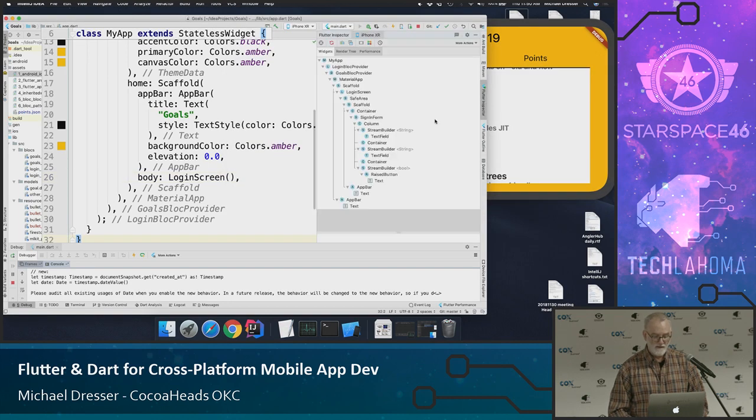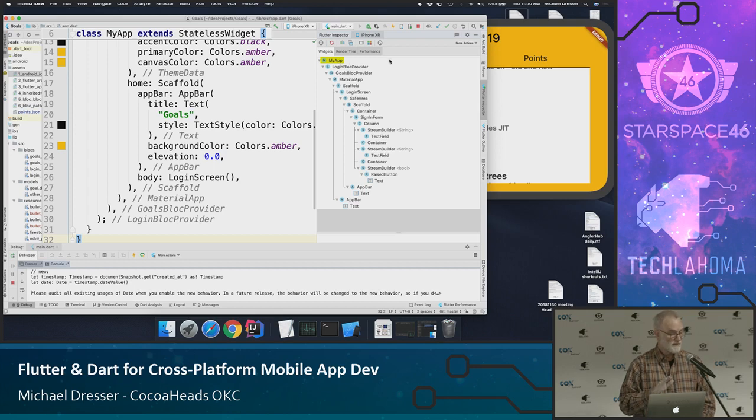Now in Flutter, everything is a widget. And you probably can't see the names of these things over here, but this is the widget tree as looked at by the debugger. Even the app itself is a widget. Now what that means is, unless you're a leaf in the tree, you're a node, then you have a child, and obviously a parent that has put you into this tree to begin with, all right?